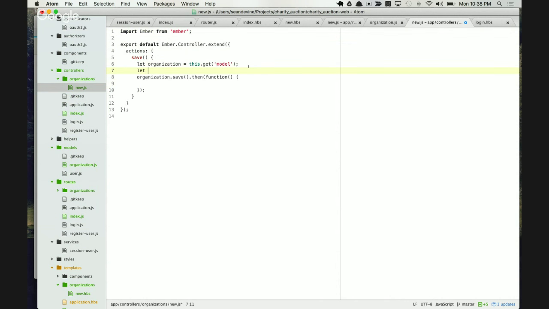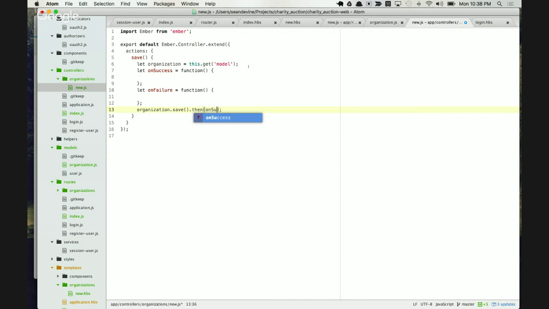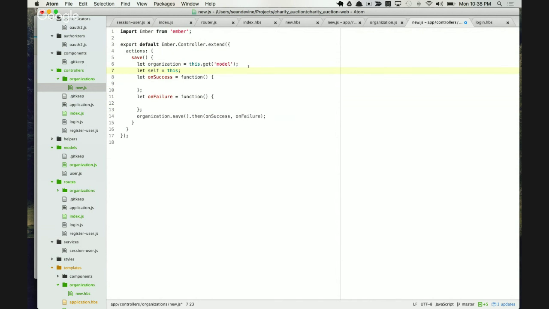I mentioned last time I am waiting to add all the ES 2015 features, or not all of them, obviously, because I'm using something like this, which is somewhat new, but I'm going to trip over some of the syntax changes if I just do this inline, because I haven't been writing all that much JavaScript. So I'll come back and clean up some of the stuff that looks a little bit dated at some point. But all right, so when the organization saves, then